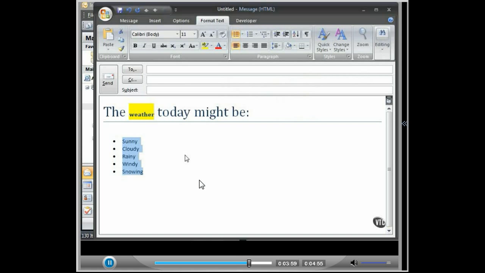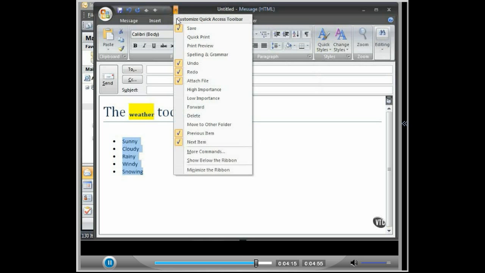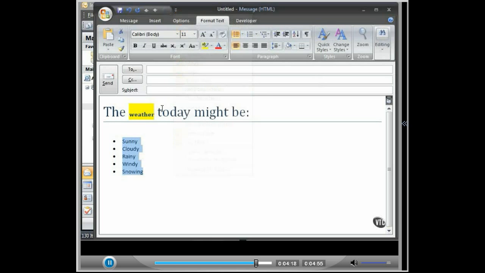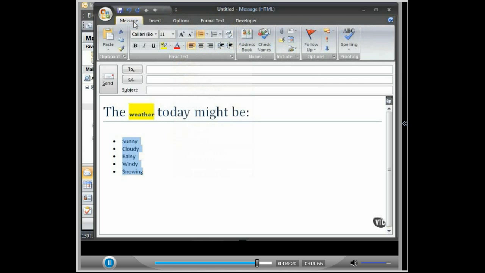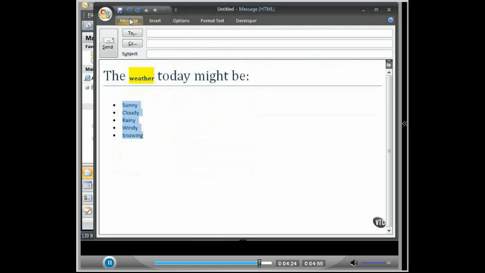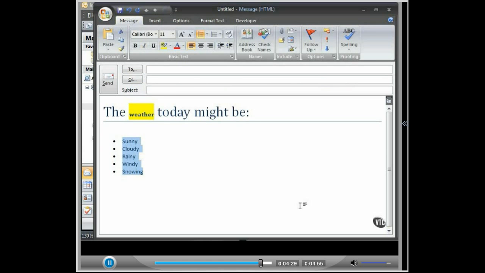Finally, what I want to point out here is if you're using a resolution like I am, you notice that the ribbon can take up a lot of desktop real estate, and so you may want to leave more real estate open for your message. At higher resolutions, it's not going to be any big deal at all. But you can minimize the ribbon. You saw this probably as we were customizing the quick access toolbar. But another easier way to do it, in my opinion, is just make a selection on any of the tabs here and give the thing a double click. So again, if you want more real estate, double click again to re-show the ribbon, format your text, and then